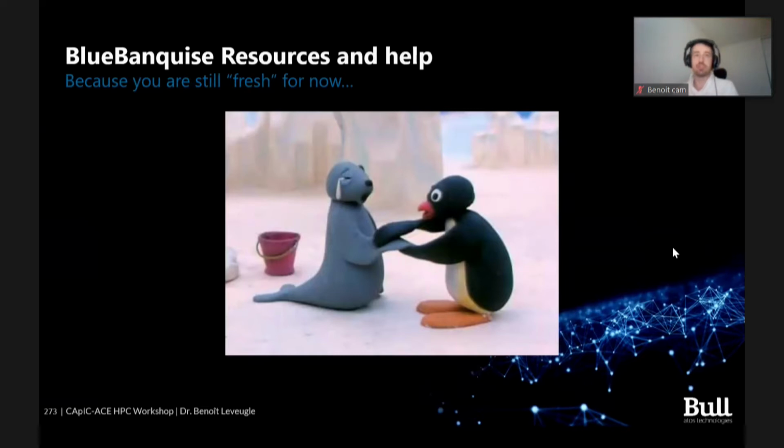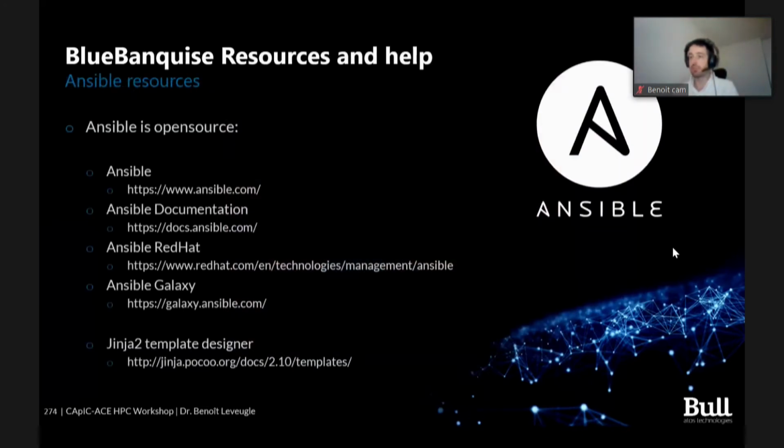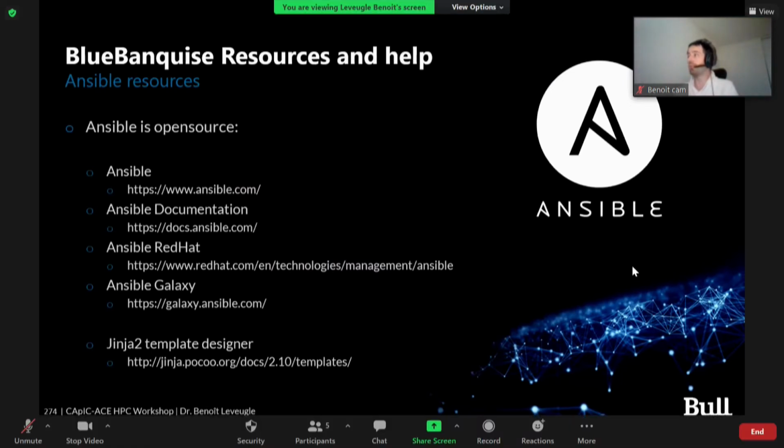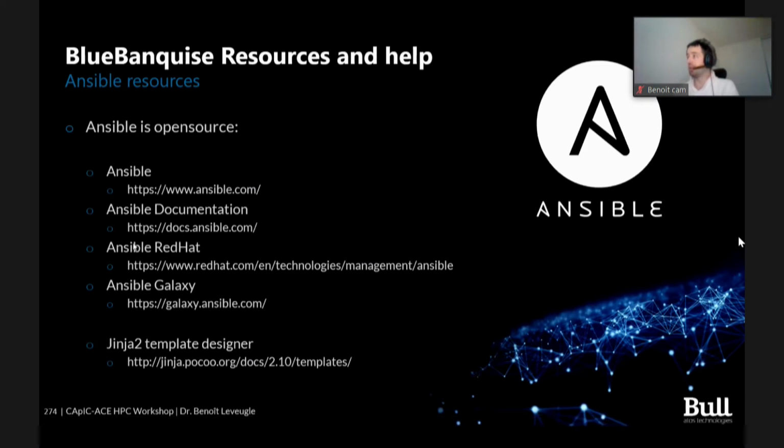So since you're still fresh now, let's speak about support. If you need some help regarding Ansible, you have, of course, the documentation online. You have Red Hat if you need professional support, in case you do very complex things. You have the Ansible Galaxy, a space where you can find a lot of users' roles. There is a community sharing roles, so you can browse the Galaxy and say, "Oh, I want a DHCP server." You search for DHCP server, and you're pretty sure someone already